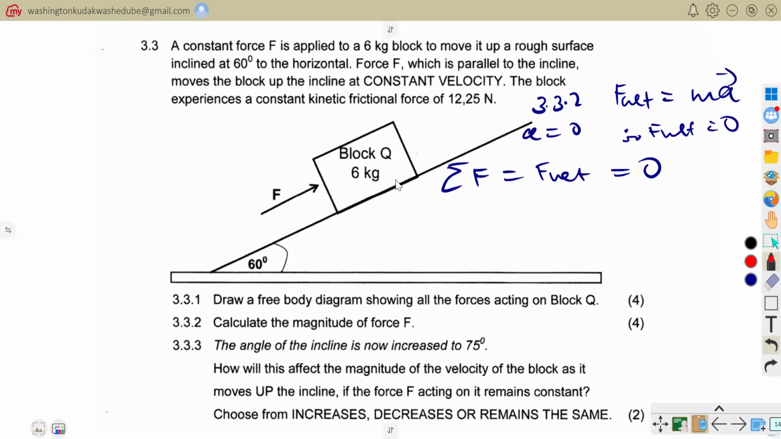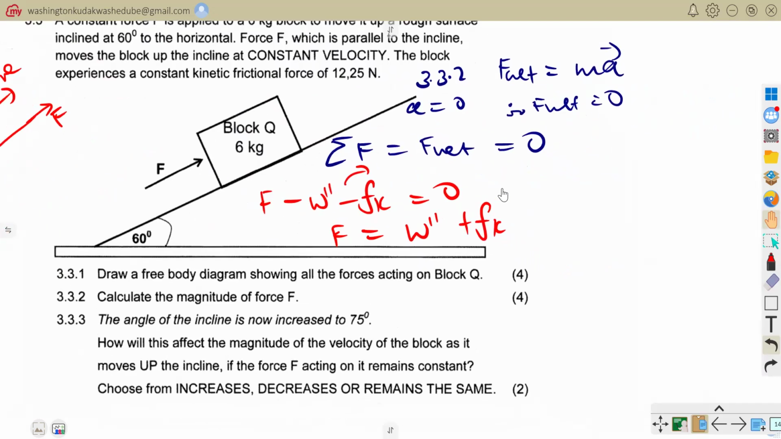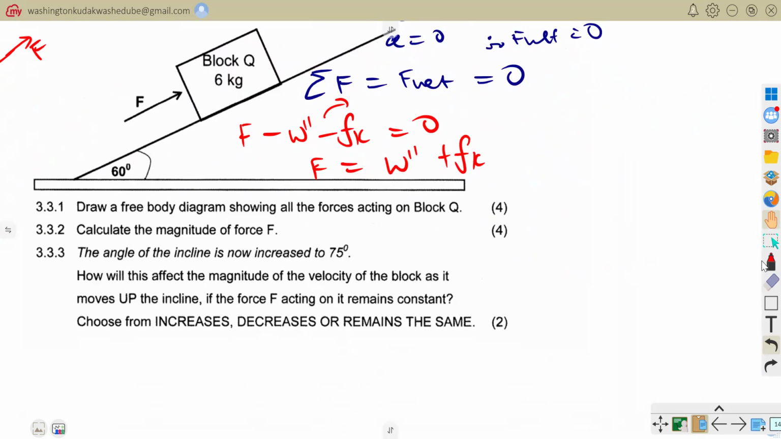Knowing that the vector sum of all forces, I said that I have my applied force here being equivalent to my kinetic frictional force as well as my parallel weight component. So I would say going up is positive. I would take F being positive minus W parallel minus Fk, which is equal to 0. I would transpose these negatives to that side so that they become positive. So I would have F being equal to W parallel plus Fk, which is simply equal to what? I can say therefore F is equal to